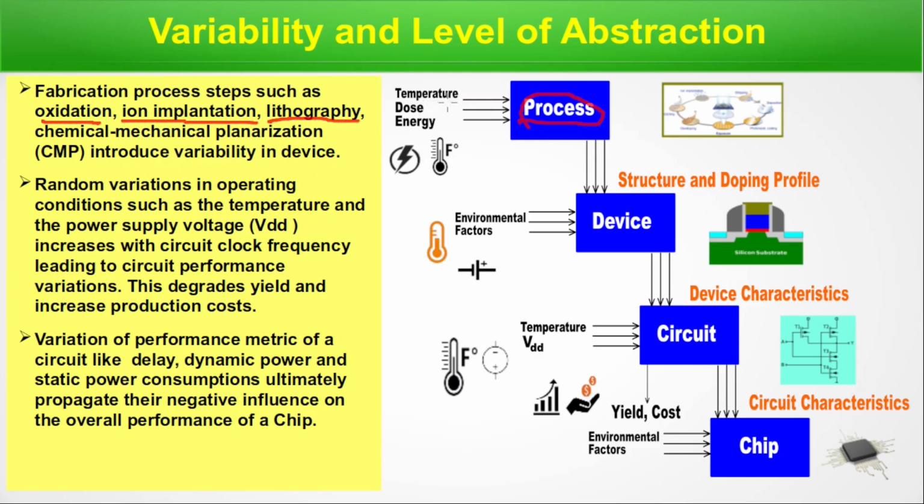Now temperature might vary, dose might also vary, and energy. A slight difference can impact the process. Wafers are processed in batches. In one batch, a fixed number of wafers are processed. These are called a lot. We will see this in a later slide. In the second lot, while doing this ion implantation, suppose the dose or energy is slightly different from the previous lot. And suppose that in one lot, n wafers are processed, so the first batch of n wafers